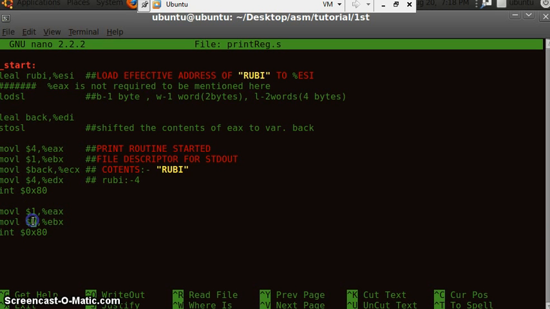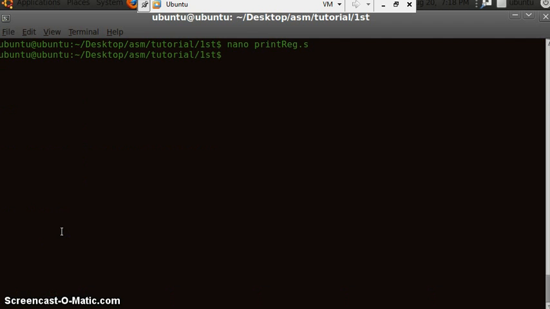Here 7 is the return status I am using. It is my favorite number 7, so I use 7. This is the return status that we give to the operating system. We can use it later on. The program returns the value 7 to the operating system. Okay, the program has got executed now and the return status is 7. We'll use it later. So let's run the program now.